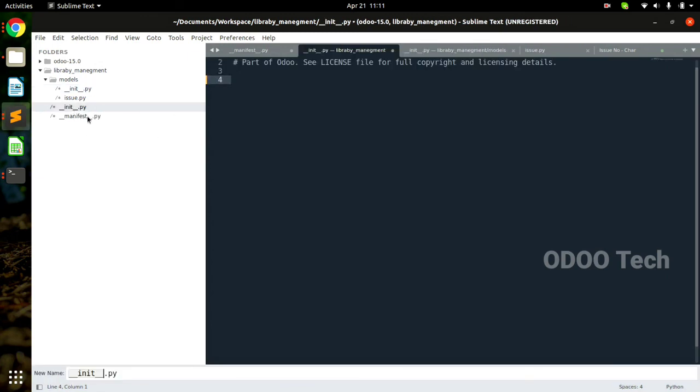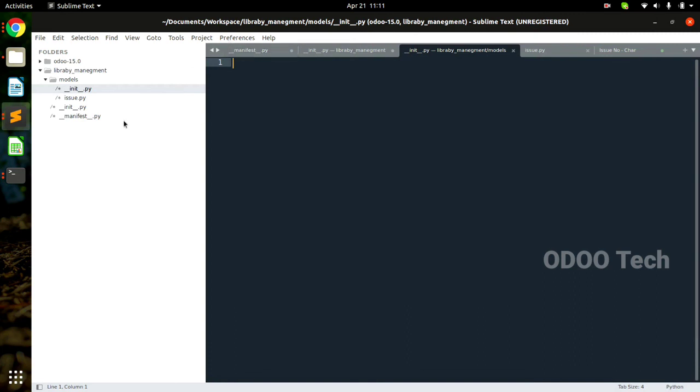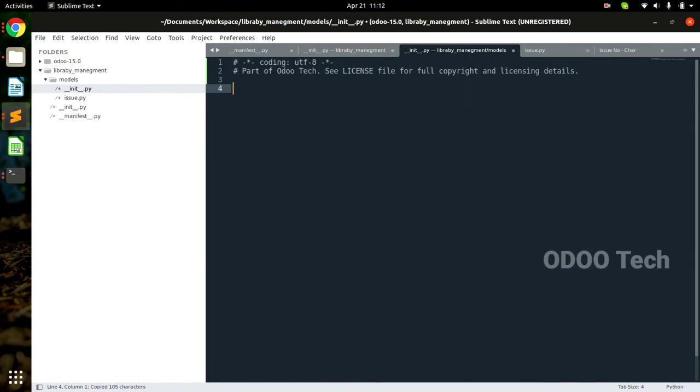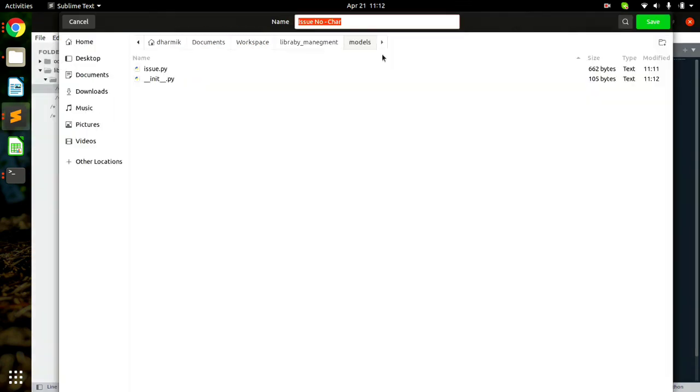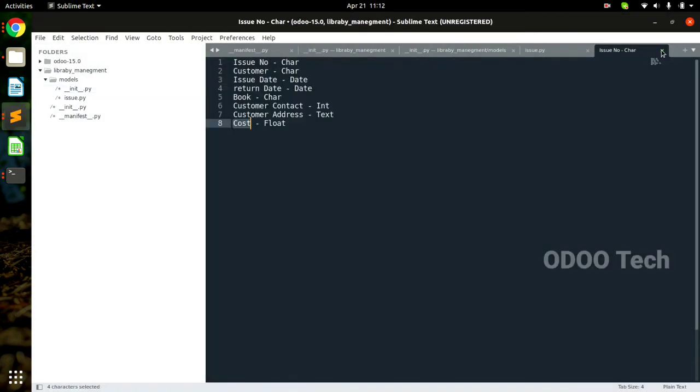You can see the main init file. We can copy this name and also give it here. Okay, now in this init file, we copy the Odoo tag and we go inside the models. I'll first save everything. There is the one file.